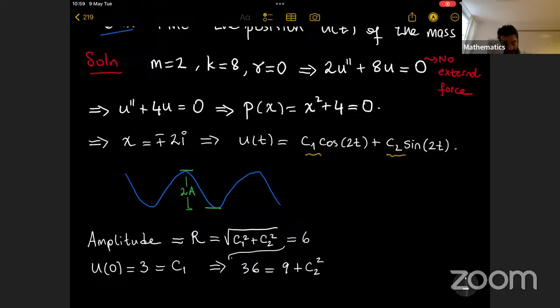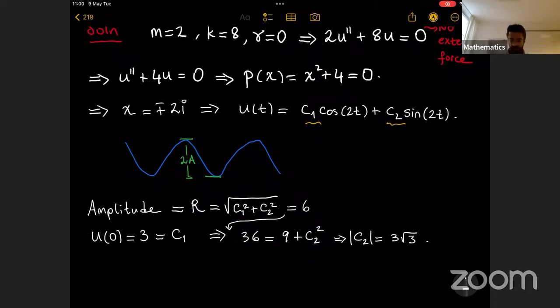Okay. So from here, the absolute value of C2 is equal to 3 root 3. So C2 is either 3 root 3 or minus 3 root 3. Which one? Well,